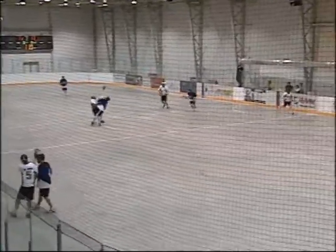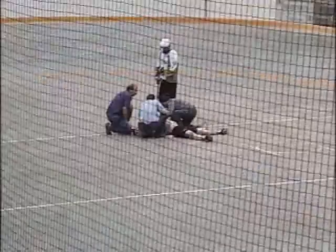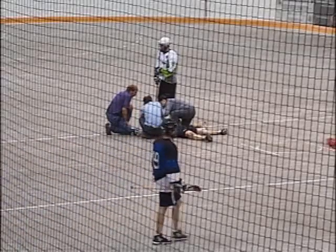Big collision here at center court. James Smith pass to McAllister. He gets rocked by Brian Simmons, laying motionless. He would get up under his own power and would stay in the game, and that was big because with